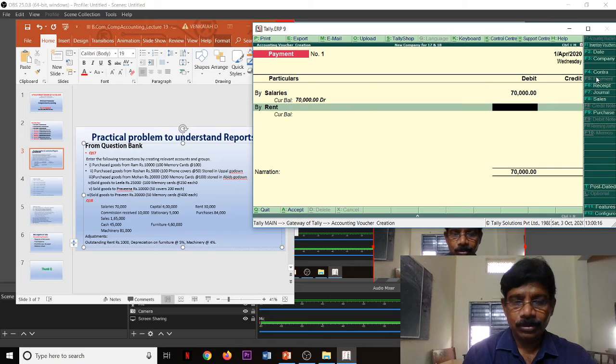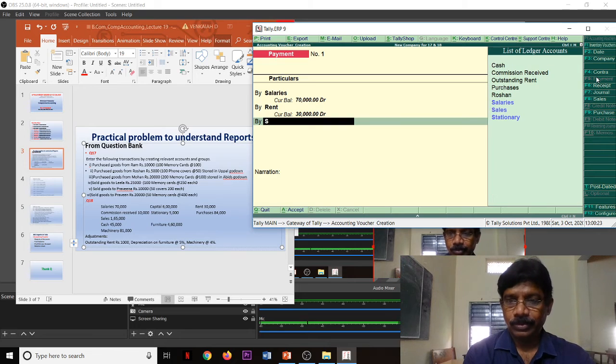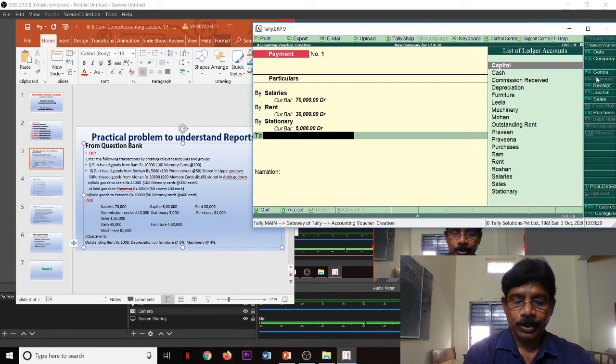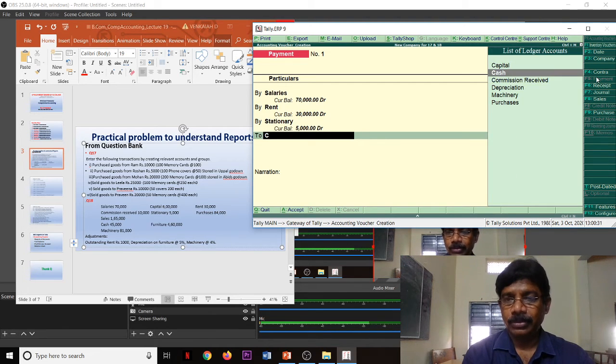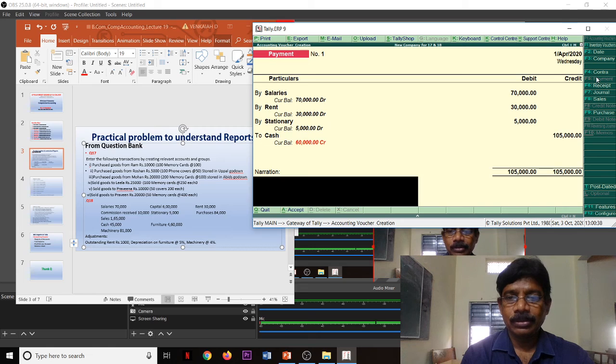Rent amount is 30,000. Stationery account data. Stationery amount is 5,000. And I paid through cash. Cash account. See here, 60,000, it is showing negative balance.